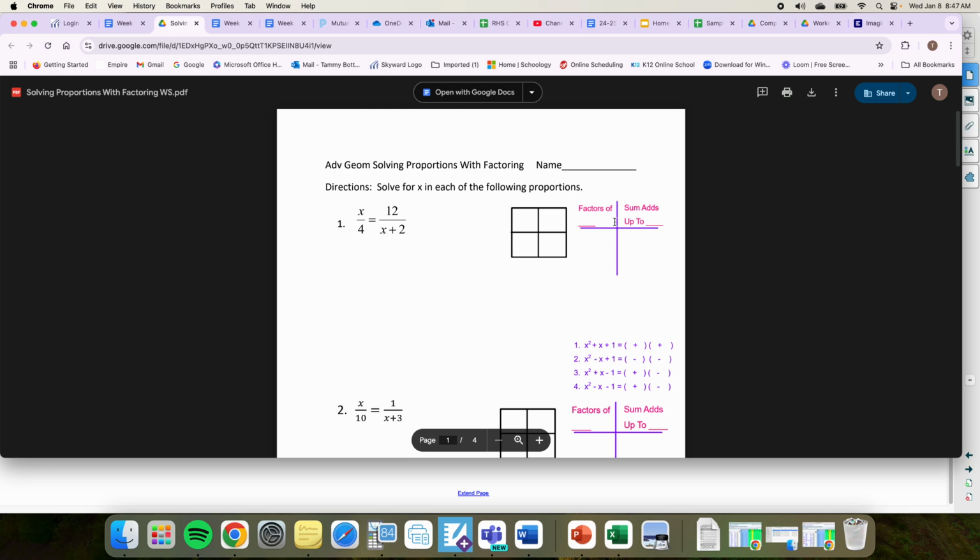I made copies for today so that you guys would have those charts and stuff. And then there was a key to this, okay? So you actually don't have